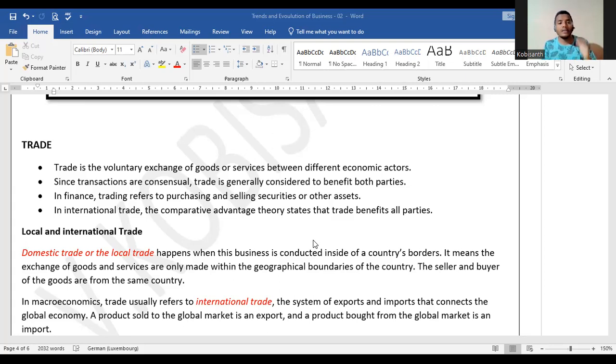So we understand international trade: in order to have dollars in reserve, we have to engage in international trade. We have to export more. If countries are purchasing our products, or imagine tourists coming into a country, tourists bring dollars, they exchange them for Sri Lankan rupees and they spend it all over the country. So those dollars are reserved here.